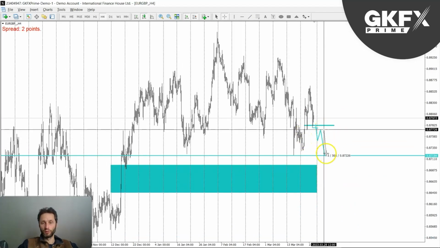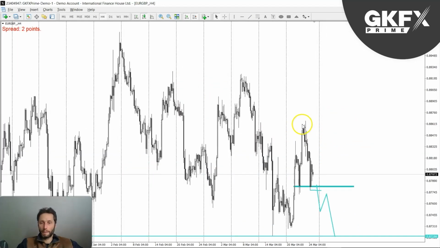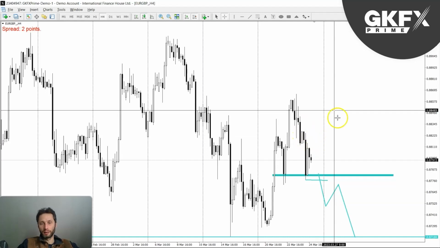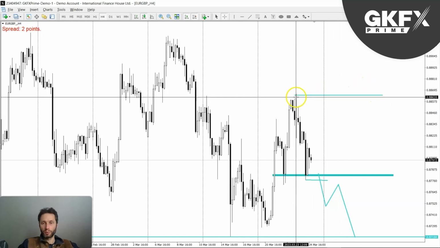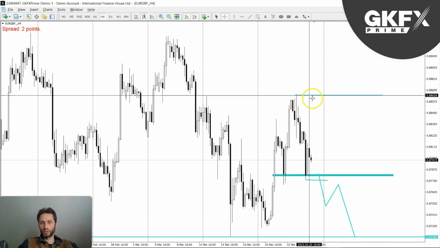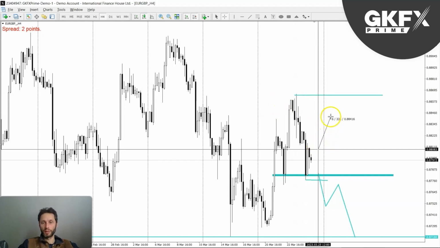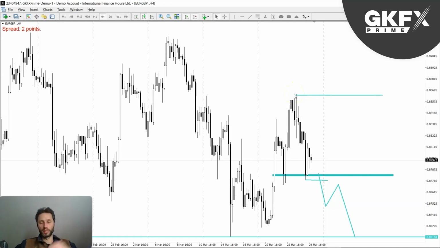So that's the little move on the euro pound, not that big really. If we get a break and price goes beyond this level here, which is the major structure, so we may go higher, but I don't expect it so far to break. If we do break and the market does indeed do that, can always be wrong, have to be flexible, then